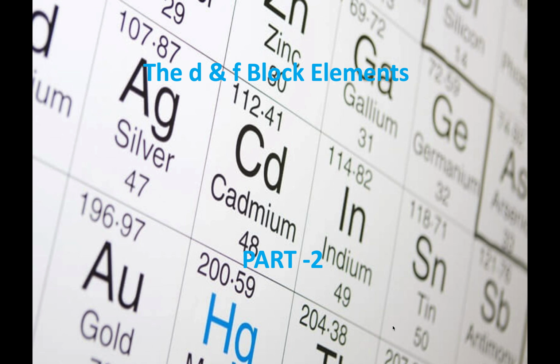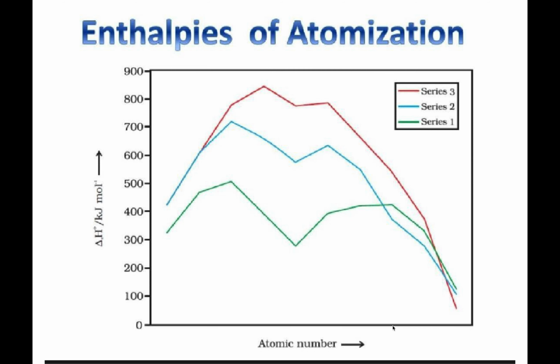And you might have come across first ionization enthalpy, second ionization enthalpy, etc. What is the difference between first ionization enthalpy and second ionization enthalpy? Just listen to what I am telling. First ionization enthalpy is the energy required to remove the most loosely held electron from a neutral element. In this case, the electron is removed from an element, and second ionization enthalpy is the energy required to remove an electron from the first ion generated due to first ionization enthalpy. I hope you understand the difference between these two.